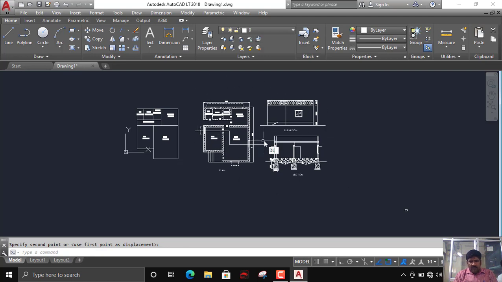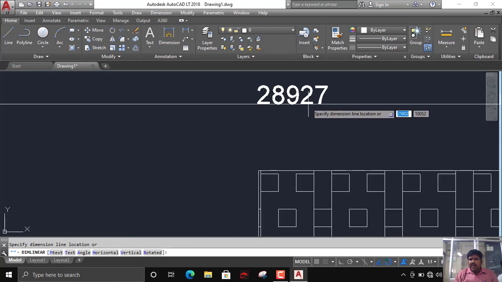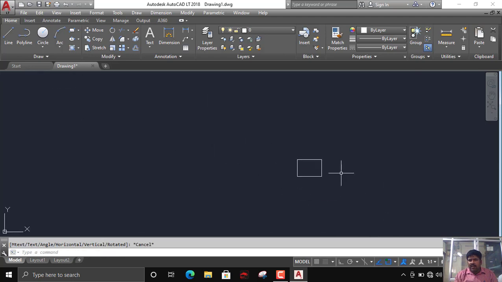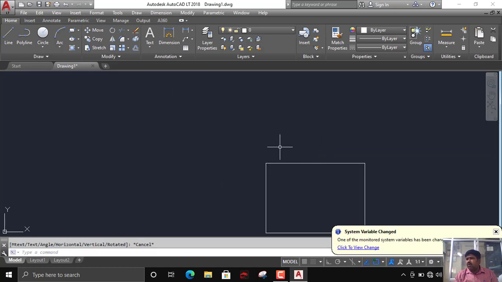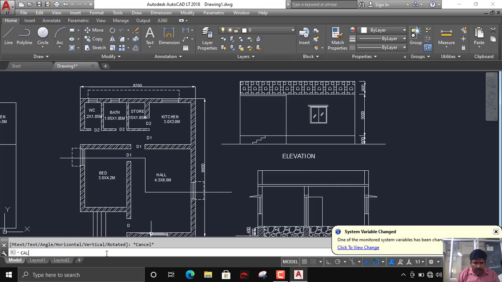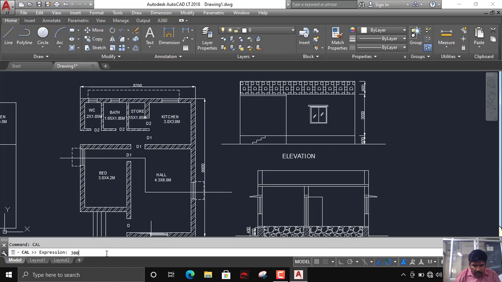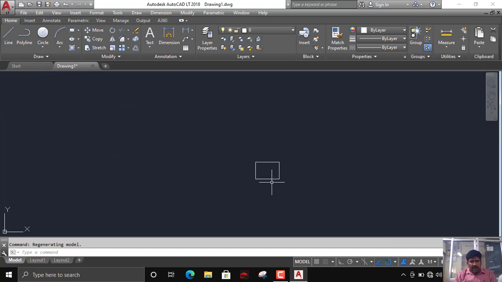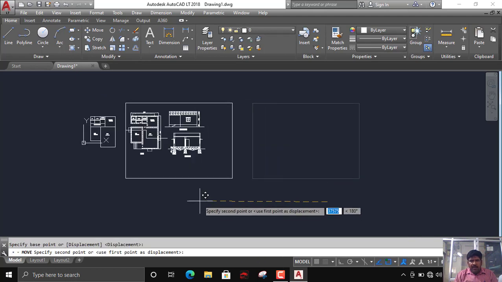Only you require these three. So what dimension do I require, from here up to this? 29,000, or you can take 30,000. 30,000 divided by 420. What is the number you get? It is 71. So you can take 1:75 scale, right? So I will scale this rectangle by 75, and I can keep it here.